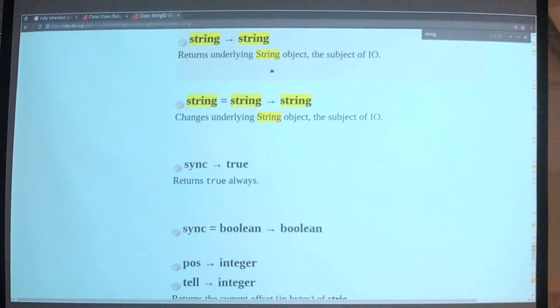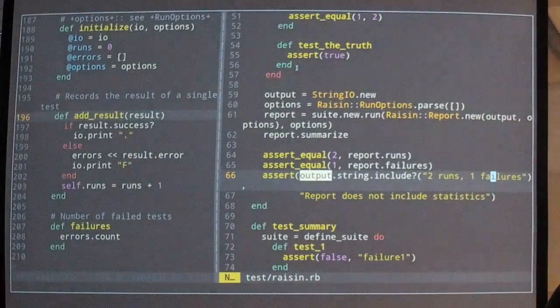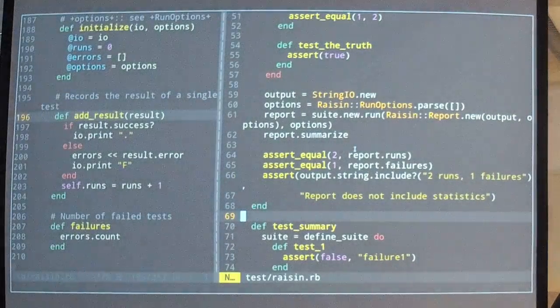Right, it returns the underlying string object, and then I run the assertion on it. And here I'm using the assertion that I wrote myself. It also gets tricky here. Since I'm testing the output, exactly what I show at the end of the report and how many tests run and so on, at first I can just count them and then run the test that actually asserts that those